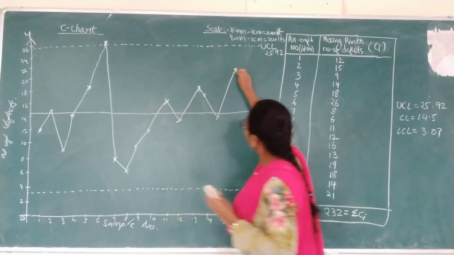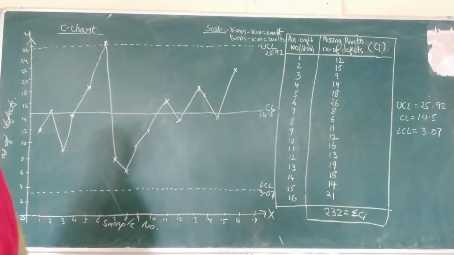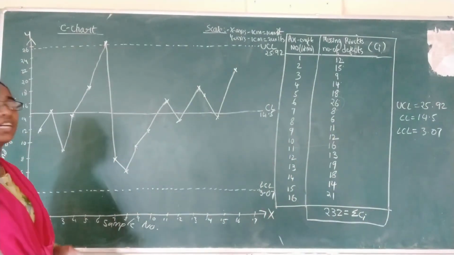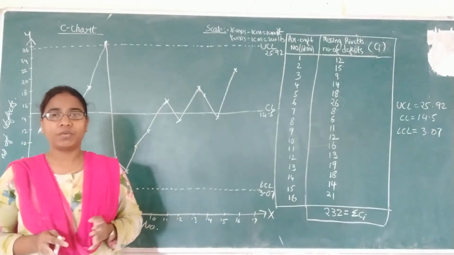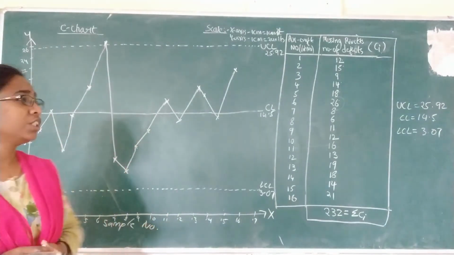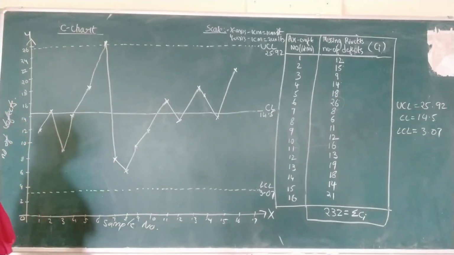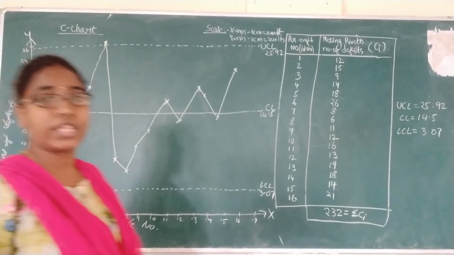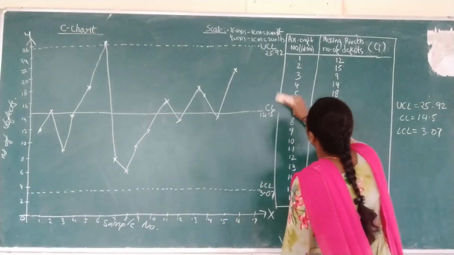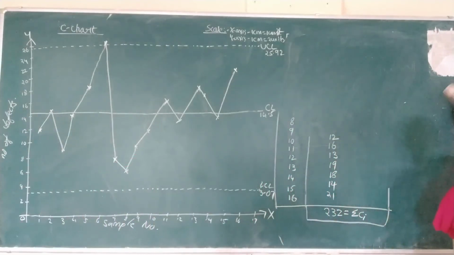So you all may think the graph is easy, the subject is easy, but until and unless you practice, you will not understand the difficulty. So if you keep practicing, then only you will get the perfection, that is you can plot the values correctly. So now after plotting this, our third step is finished. Next, the last step is we have to draw the conclusion to our problem. That is, we have to give the inference.